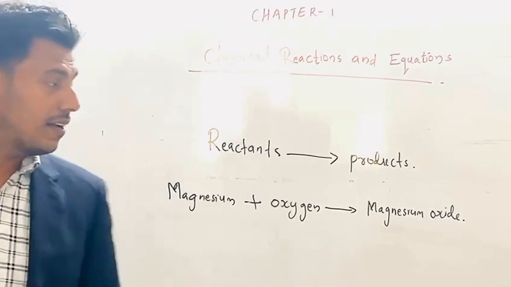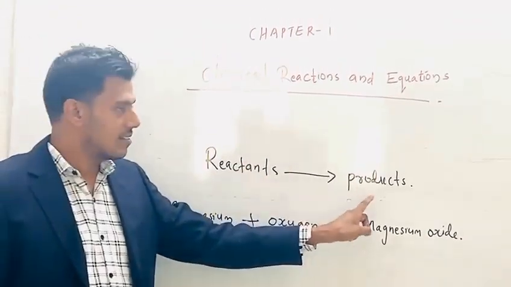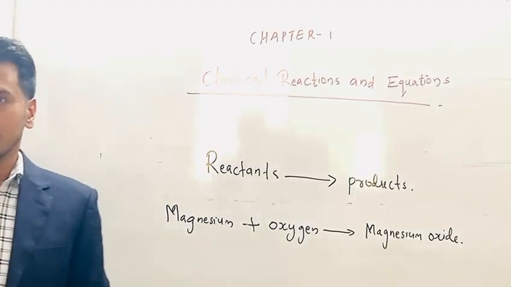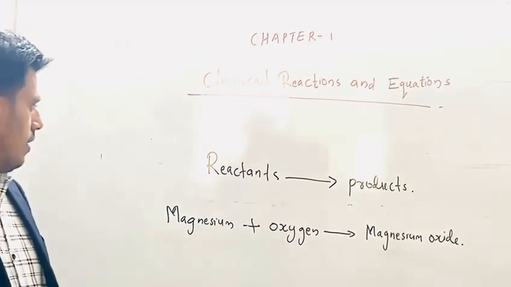So what is the definition of chemical reaction? It is the conversion of reactants into the products. There are more examples to be discussed in this chapter that we will discuss later. Okay? Now,